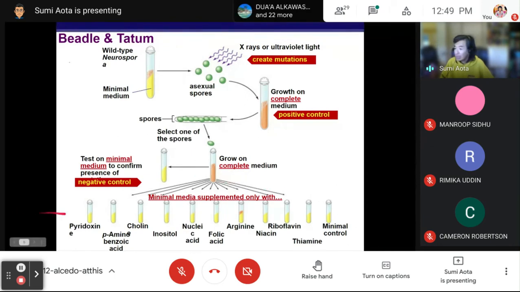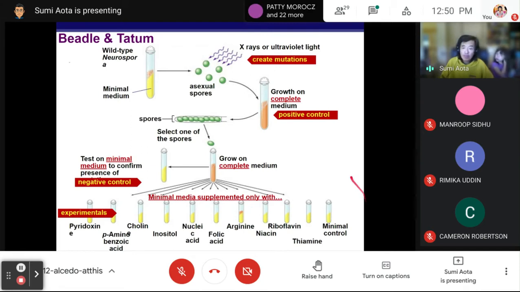So these are all the experimentals. What we're going to do is take samples from this test tube and put it on minimum media plus one additional supplement. In this case, pyridoxine. In the next one, p-aminobenzoic acid. Then choline, inositol, nucleic acid, folic acid, arginine, niacin, riboflavin, thiamine. So you're going to give one nutrient plus the minimum media. Those are the experimentals. If you look at all of these test tubes,